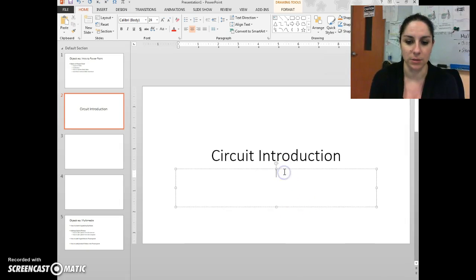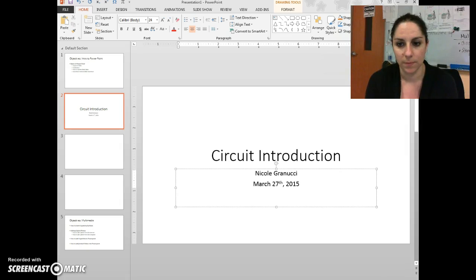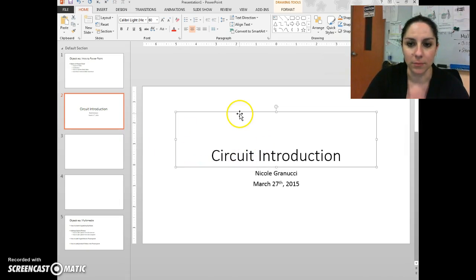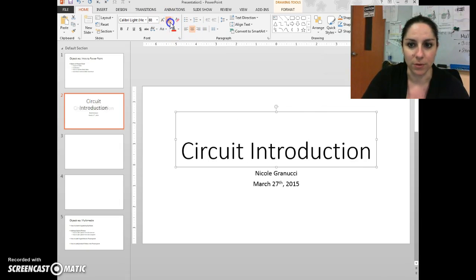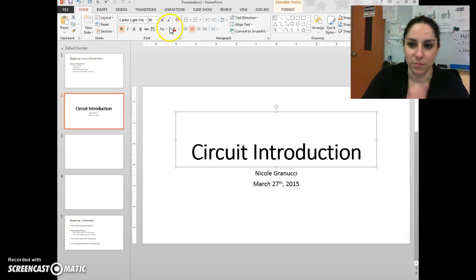And it's nice to write down your name, the day. This is March 27th, I suppose. And whatever you want there. You could play with this, too. I know this kind of annoys me in a sense, so you could always click, if you look up here where my mouse is, the alignment left, right, etc. You can make things bigger with this arrow, smaller with this arrow. I like to bold it up,